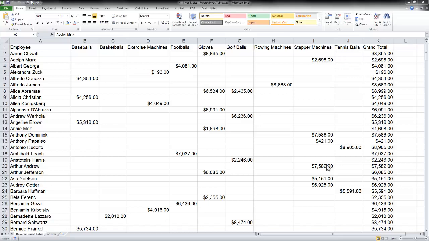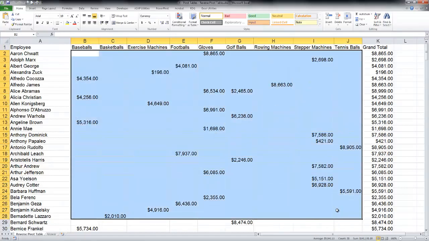the screen here. This is what we call a crosstab. The crosstab has a list of information going down the side, such as the employee names, a list of information going across the top, such as the products, and then in the middle is all the meat, all the information,